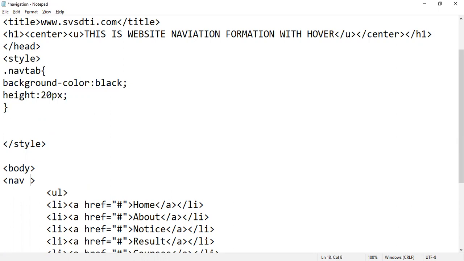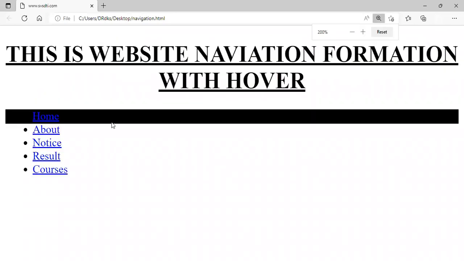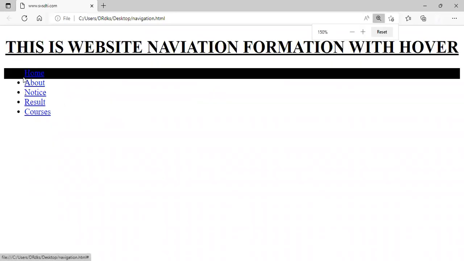First we use here the class, and the class name is nav tab. Call this style class into the nav tab, just save this and check the output. Just see there, a black line is coming here, right? We want to put all the content in a single line, so we have to use some code here. Just move on again to the coding screen,